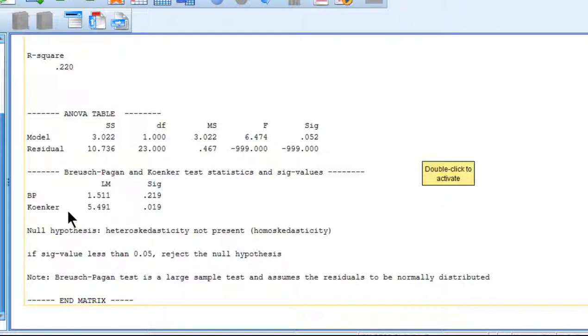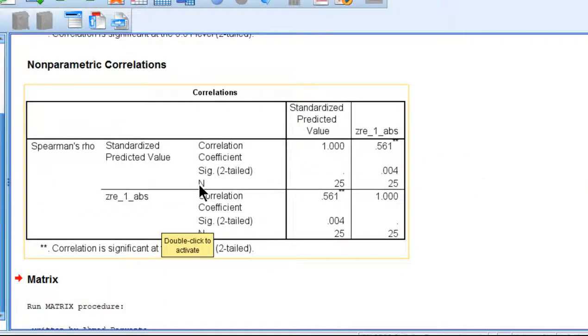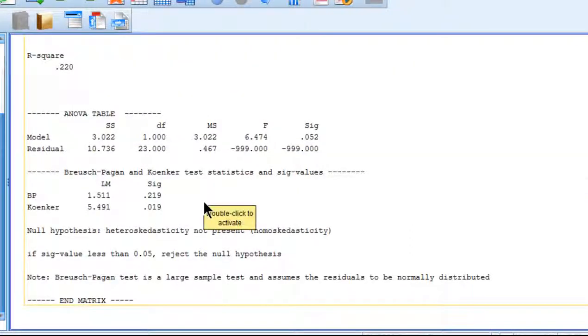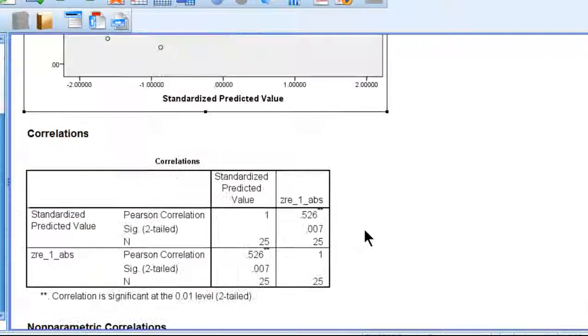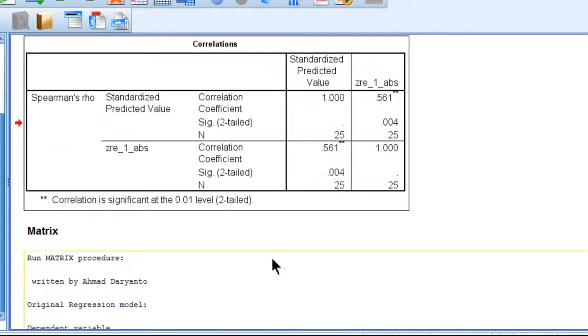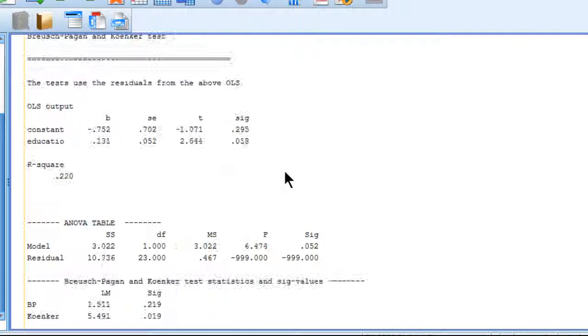I mentioned before that the Koenker test is a more valid test than the Breusch-Pagan. The Koenker is an extension of the Breusch-Pagan test and overall is a better test. And we can see here that this p less than 0.05, in fact p equal 0.019, is corroborating the statistically significant correlation between the predicted values and the absolute residuals. So in this example, the assumption of homoscedasticity has been violated. It's apparent in the graph where I can kind of see an upward slope and a pattern here, supported by the statistically significant correlations between the predicted values and the absolute residuals,